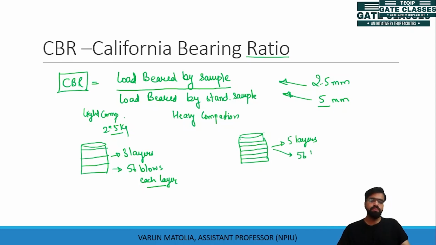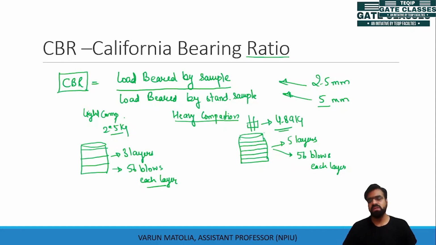Same 56 blows for each layer. But the hammer used for heavy compaction is of 4.89 kg. I want you to remember these values because sometimes these values are asked,